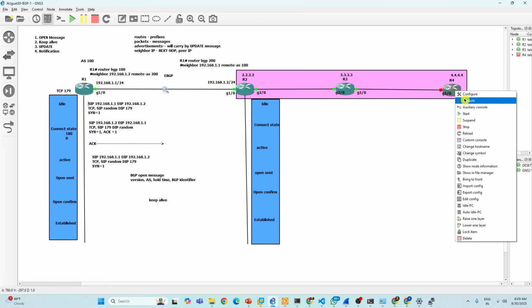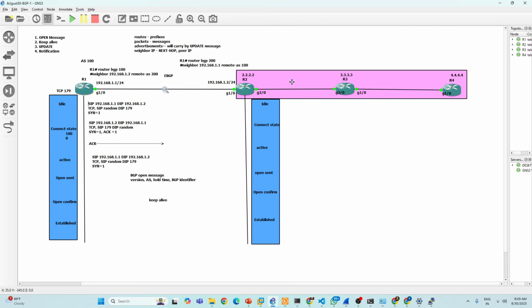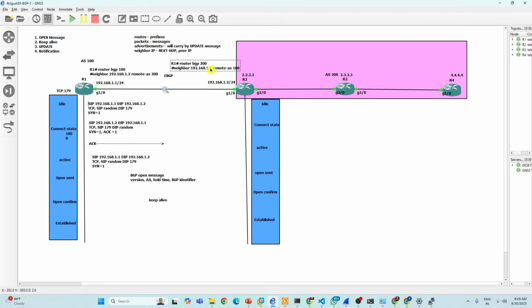This is AS200. See here carefully. In AS200, you can configure internal BGP.